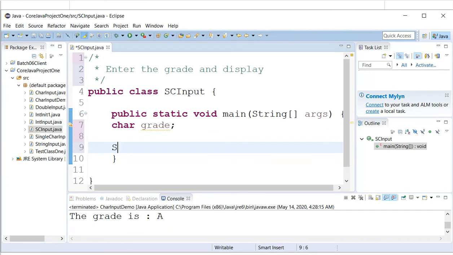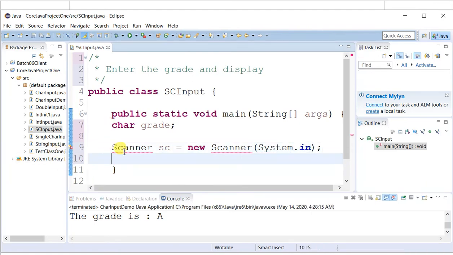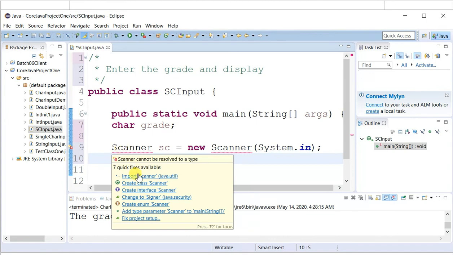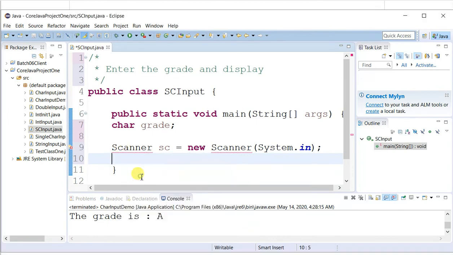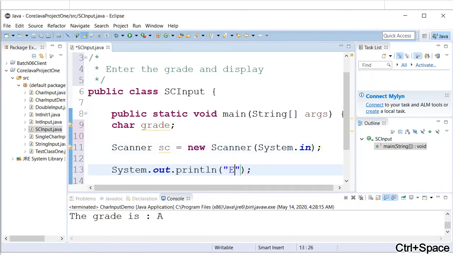Fine. So obviously we need to use a Scanner class object. The parameter is System.in. As it is under the util package, we need to import java.util.Scanner. It is done. Now one output statement to enter the grade.